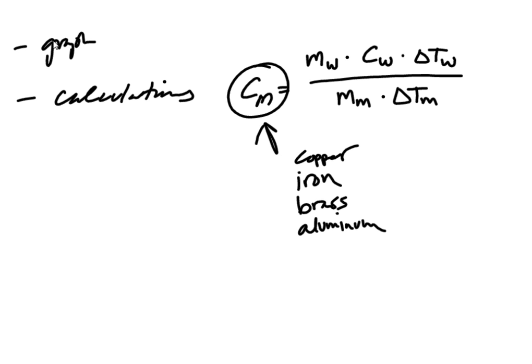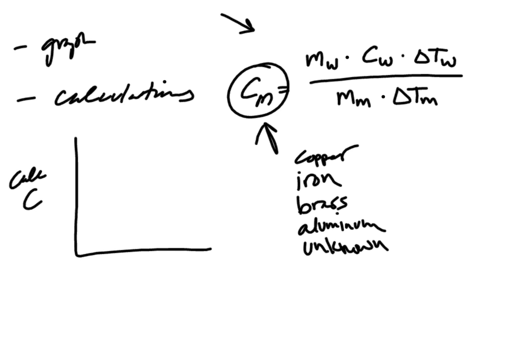Now, remember, in your graph, you need to plot on the y-axis the calculated specific heat capacity. Pretty much using this formula right here, you're going to do it for your 1, 2, 3, 4, 5 metal samples. Now for your 4 knowns, you also have the known values for their heat capacity, and they will be graphed on this with the actual heat capacity on the